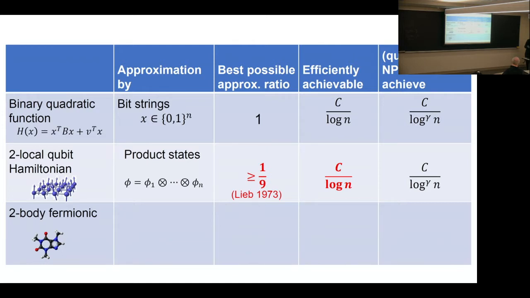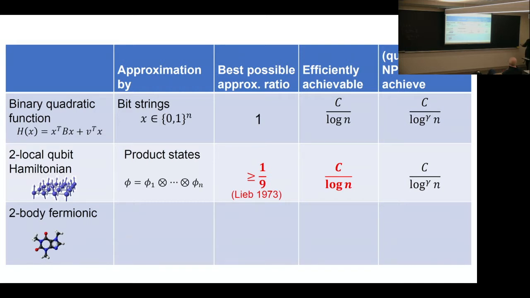Okay. So now we're going to go to this third case, which generalizes both of these, which is the two-body fermionic Hamiltonians, that describe the electronic structure and so on. By the way, I just want to comment again on the fact that, if you were an actual person doing material science, you would be completely unhappy with this, right? Because even if you could compute this hard to compute state that gets 1/9, if you're off by the true energy by a factor of 8/9, it's not so good, right? But we're still going to push forward.